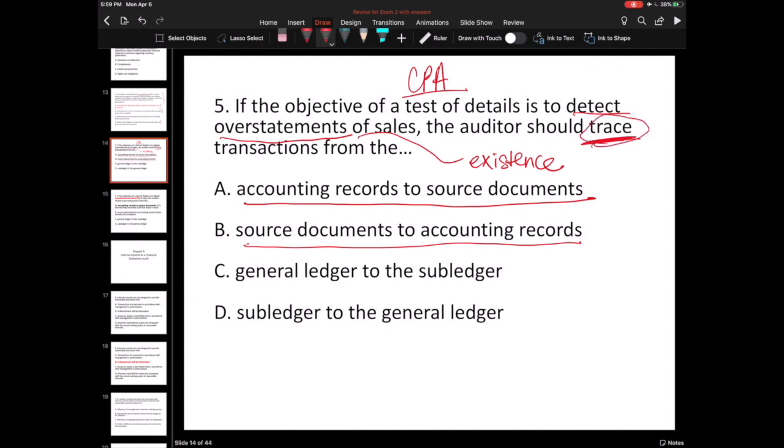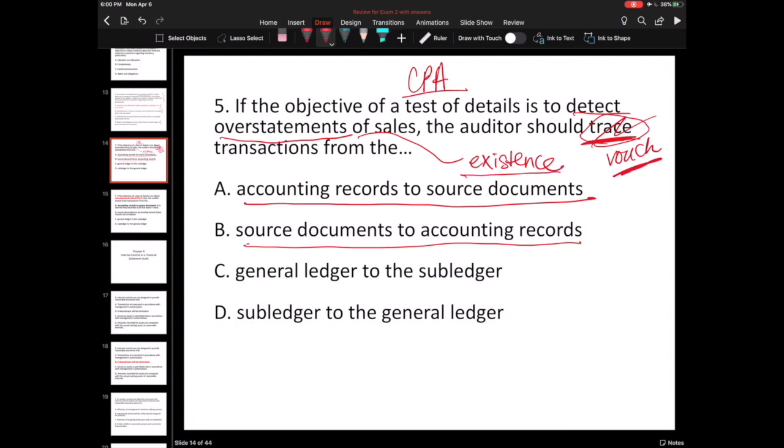Now, this question, which is a CPA question, like I said, is using the word trace improperly here. Technically, it really should be using the word vouch. But they use the word trace, which sometimes they do. But what you can count on really in this question is, hey, the whole point of this test is to try to detect overstatement. That is a clear test of existence. So even though they're using this verb improperly, I can still count on the fact that at the core of this question, I'm doing a test